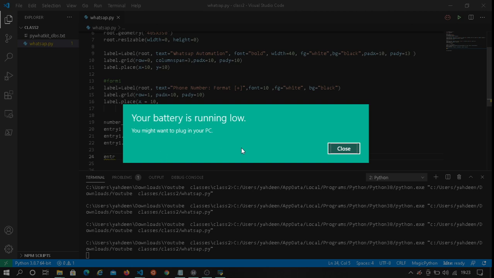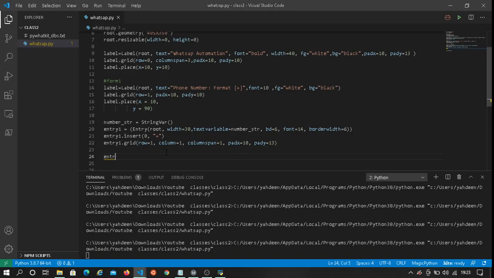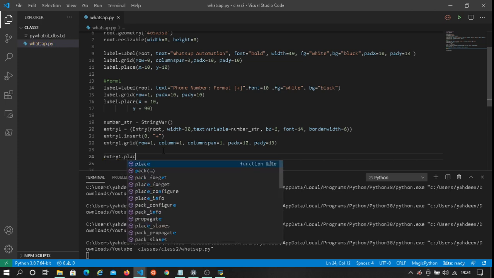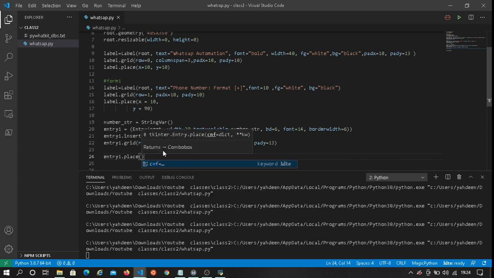Sorry for that. So entry1.place. I want to place it at an x of 10, and y we want to set to 120.